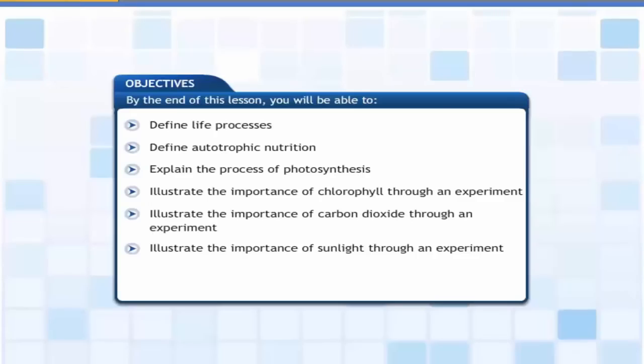This lesson explains how plants manufacture food through photosynthesis. By the end of this lesson, you will be able to define life processes, define autotrophic nutrition, explain the process of photosynthesis,